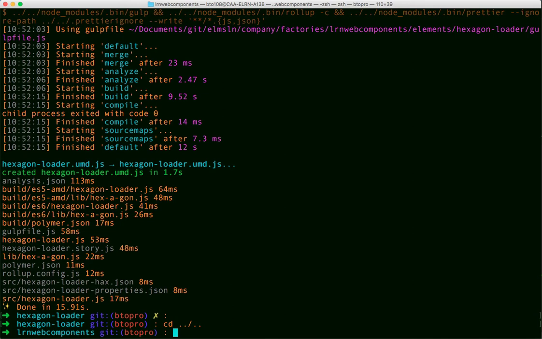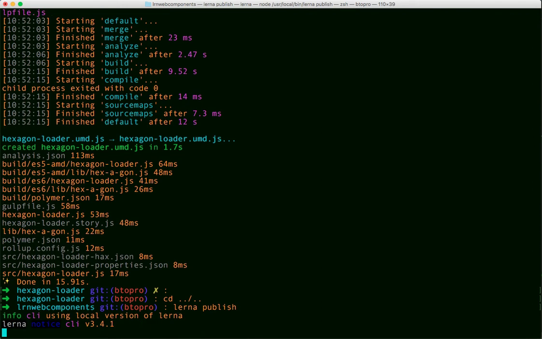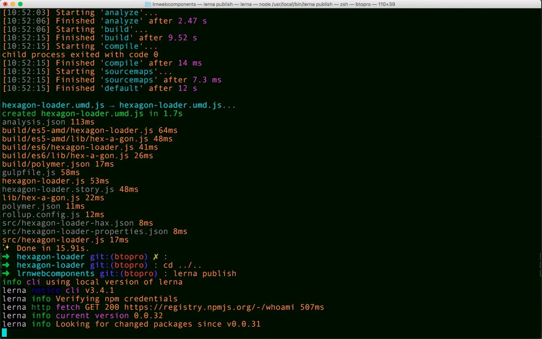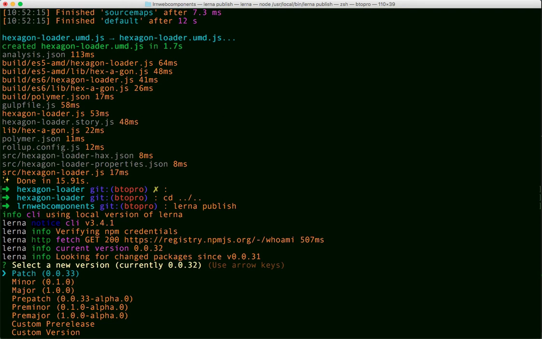I'd go down to this layer here, at the actual factory level, and I would run, sorry, it's not yarn, it's Lerna publish. And Lerna publish will ask some questions. I'm not actually going to publish it this way, I just want you to see what that looks like. You'll have had to log in to NPM, which is npm login. Then you'll see it says, hey, you have changes since you last released this stuff. Select a new version. We're currently on 32, and then I can say, hey, patch version, and it's going to be 33, and it will loop through every project and re-release it